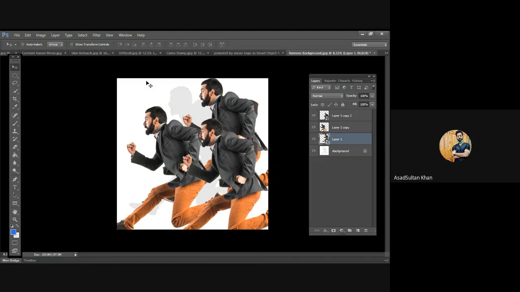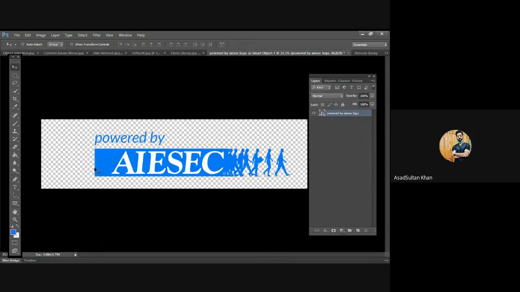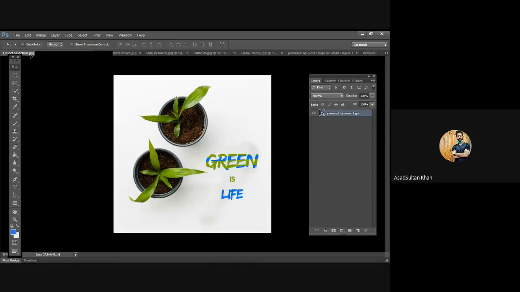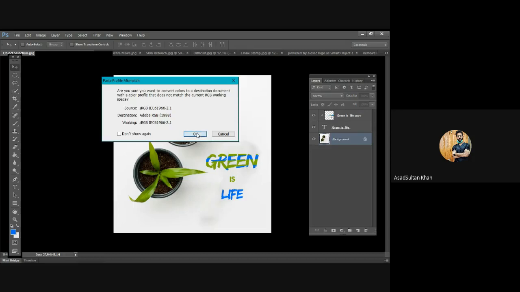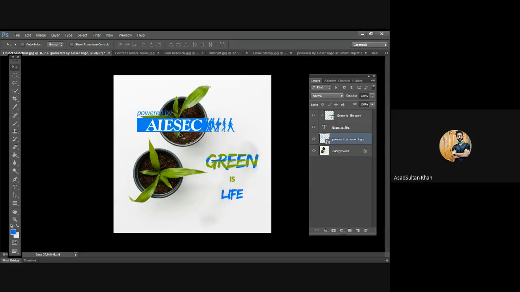How to insert them behind an image? Watermarks. All right. So for that, let's go back to this. और यहाँ पे let's add the logo. So I have this logo, and let's say for any reason I want कि जो logo है, ये जो गमला है plant उसके पीछे चला जाए, तो वो भी मैं कर सकता हूँ.